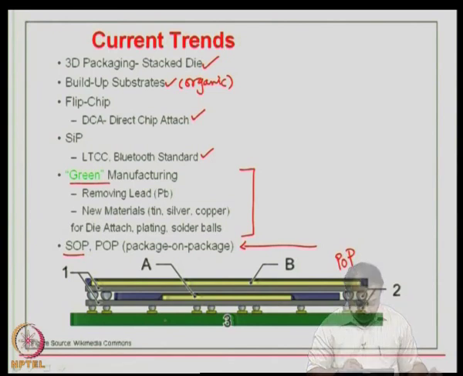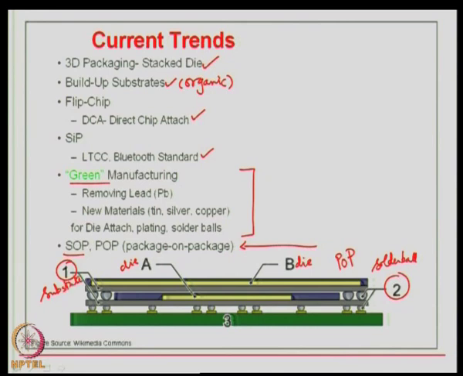Here you see that A defines one die and B defines another die, and the section 2 here is the solder ball, and here 1 depicts the substrate